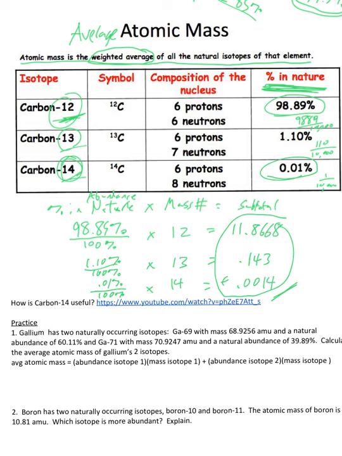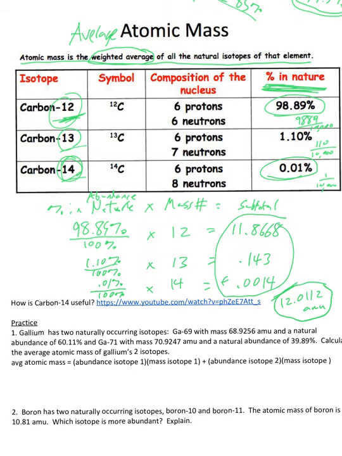The last step is you are going to add all of these numbers together, all the subtotals together to give you a total. So I'm going to go backwards, 0.0014 plus 0.143 plus 11.8668, and I get 12.0112 AMU. Now, if you have a periodic table or look at a periodic table, which you might want to